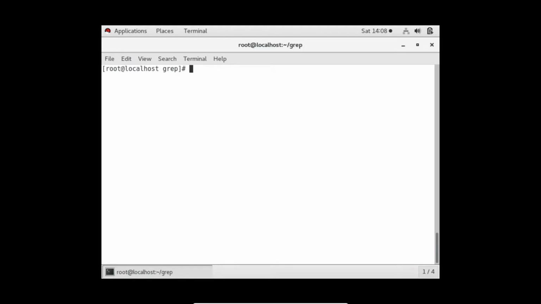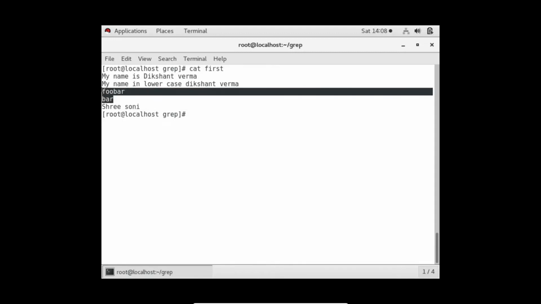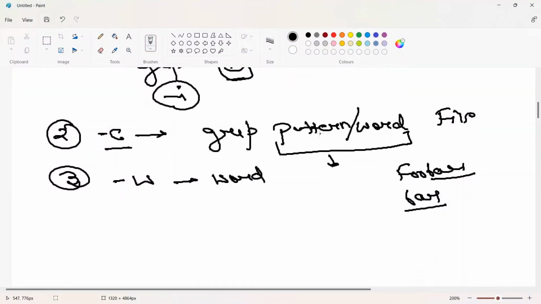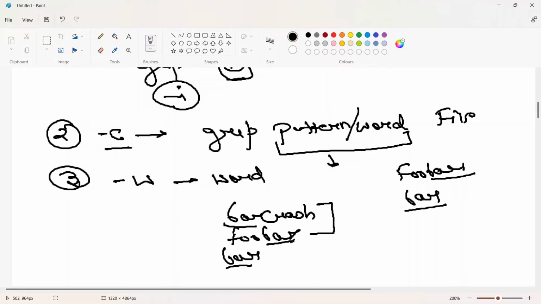let me show you the first file content. See, in the last, if you see these two words, bar is in both the lines. So if I grep bar in the first file, see, twice it's coming. But I want to search only bar. It doesn't matter for me that something like bar crash may also come up. One word is foo bar, one is bar. So bar is coming here, here, here. I don't want these words in which bar is coming. I want bar as a single word,